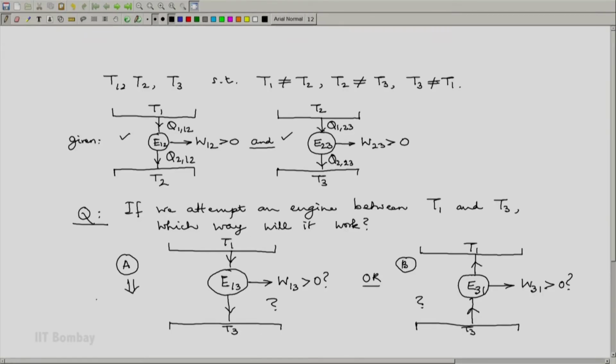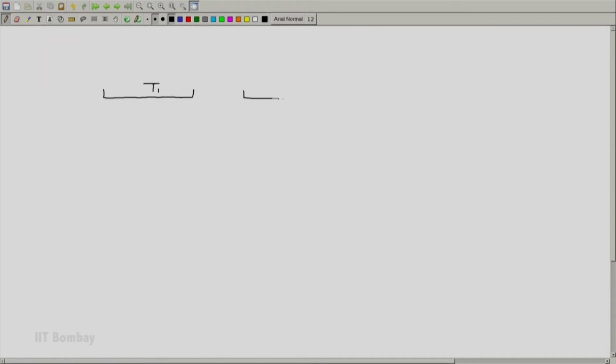Since we have already gone through such exercises, I will leave it to you to show that the first option leads to no inconsistency. We will now look at the second option. What we will do is we will lay out the 3 reservoirs like this: T1, T2, T3. We have one engine, I have called it E12,